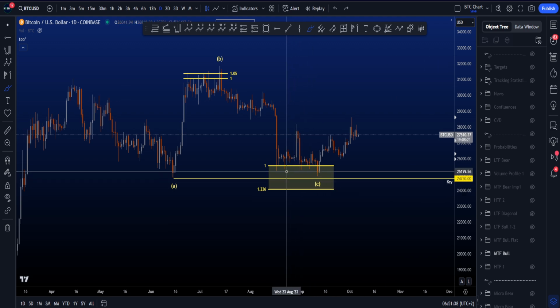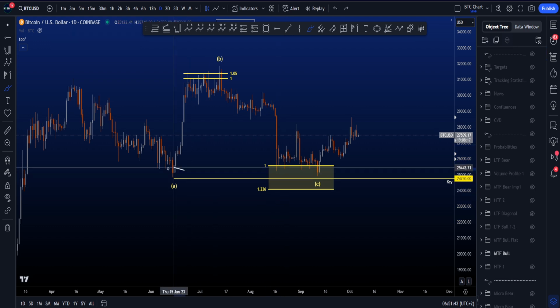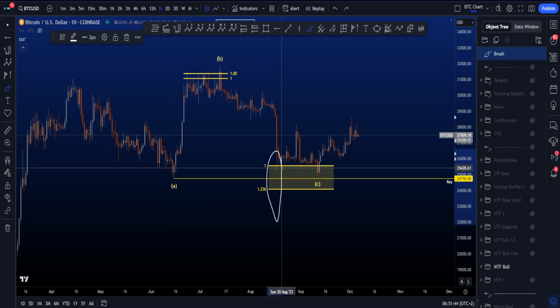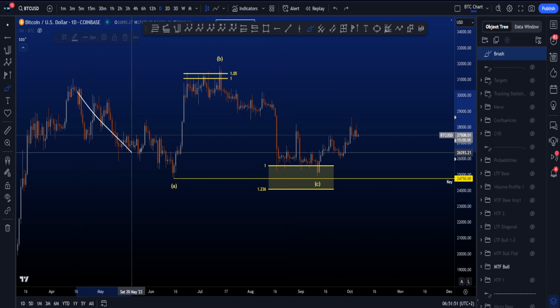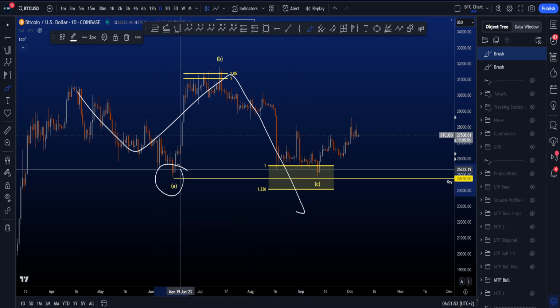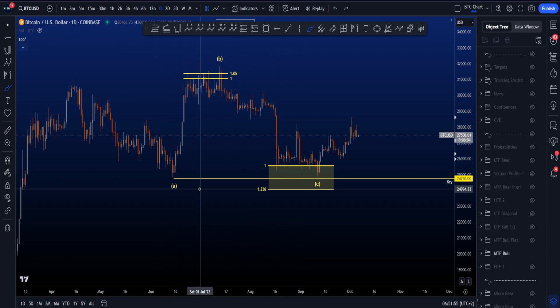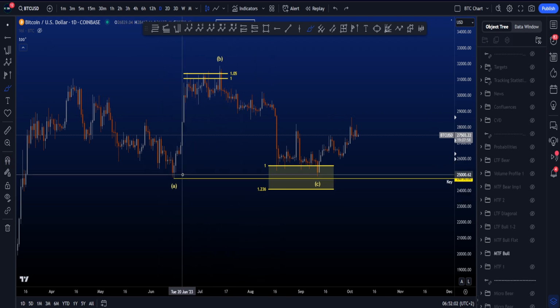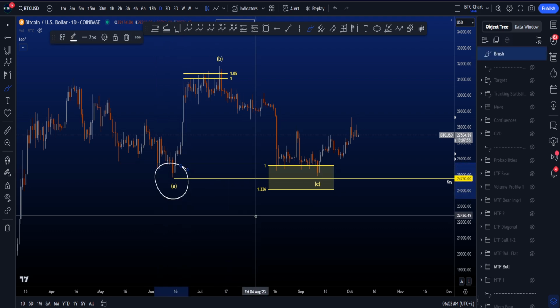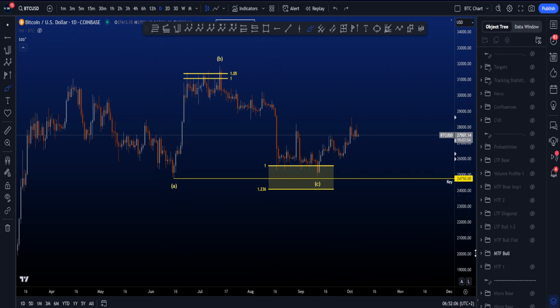Now I do realize that on some other charts like Bybit, this low over here has been taken, or I should say this low has been taken with a quick wick to 23.6k. So that is then a regular flat or an expanded flat, right? And then an A, B, and then a C that actually took the low here of wave A. But other charts like mine over here, Coinbase, did not yet take this low, and that also means, probability wise, usually the charts are taking the same lows and highs on the higher time frame,